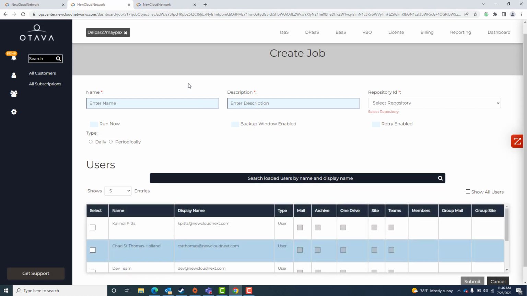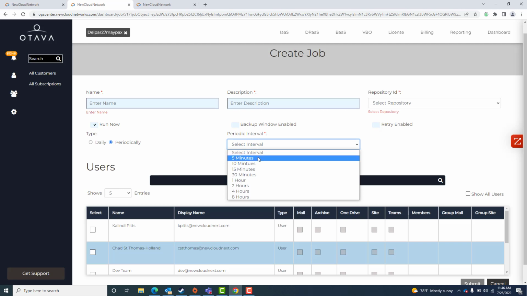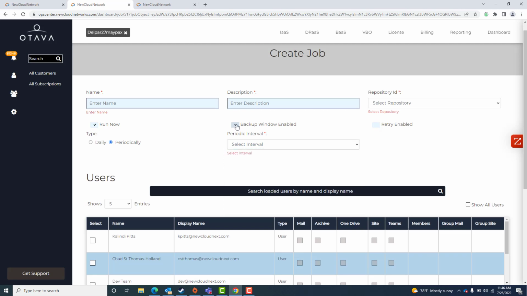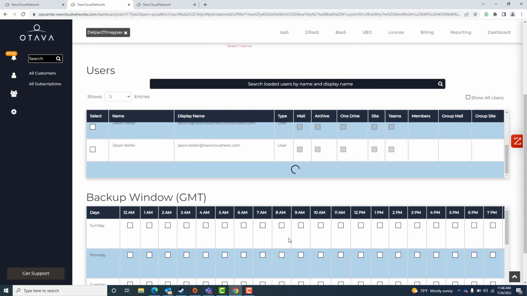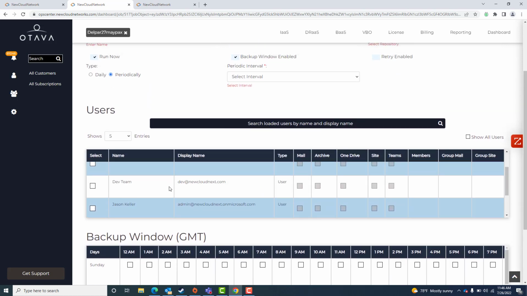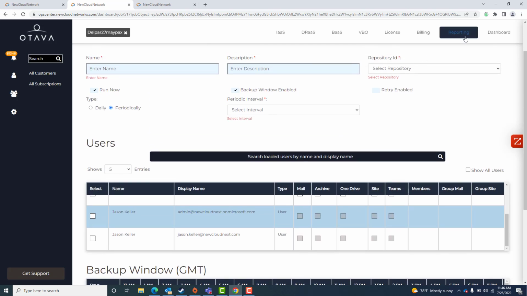Whenever they want to create a backup job, they'll be able to enter the name, enter any description, and select the repository. They can choose to run it now or periodically, selecting that interval all the way down to 5 minutes. If they want to have a backup window enabled, so it specifically backs up during different time periods, they can select that window, as well as on a per user basis, click on that user and specify what of that user they actually want to back up. Any of that can then be tracked in the reporting section, just looking at what users are backing up and how,